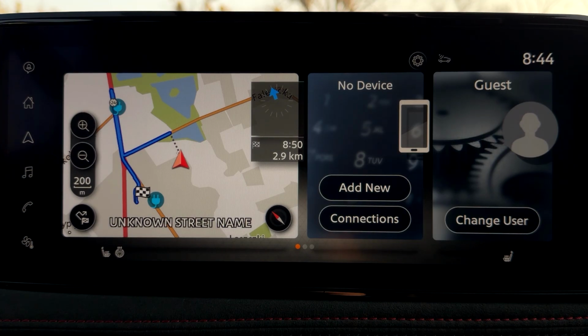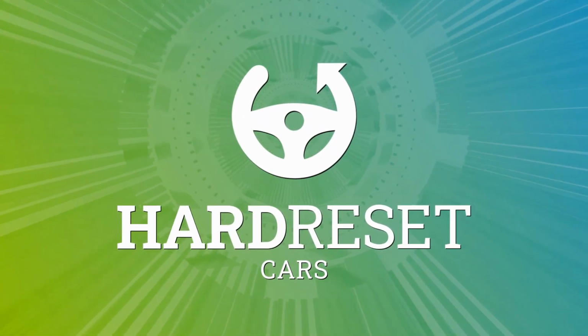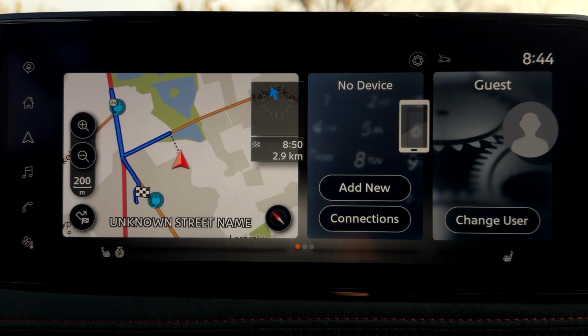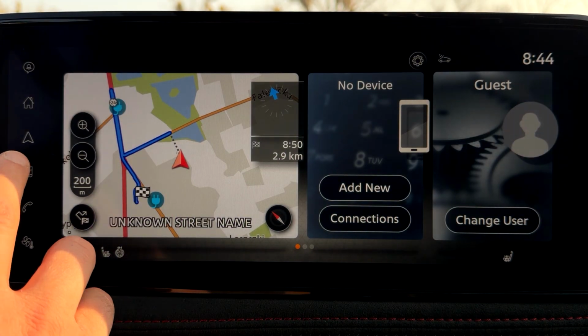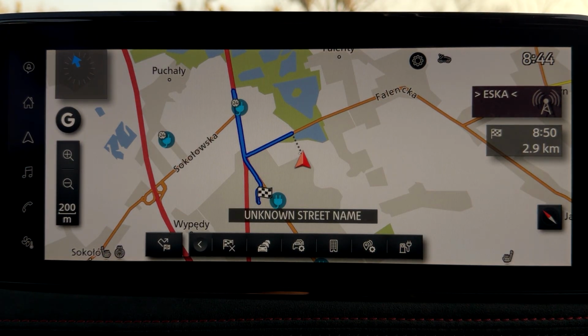Here I have Nissan Ariya NISMO, and let me show you how to use traffic information on the following car, on the following navigation. Alright, so at the very beginning, let's start by using the home screen. Then let's open the navigation button right here at the left side of the screen. If you tap the navigation, you will get access to the navigation map, and here you can